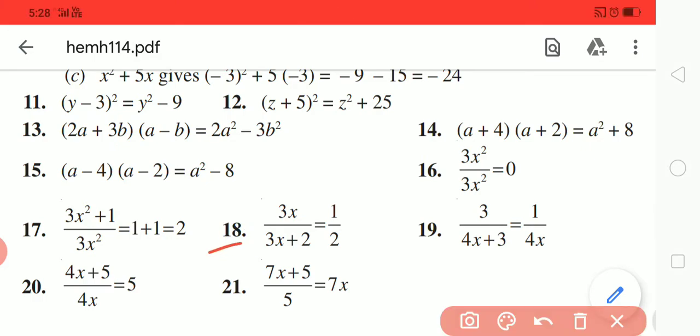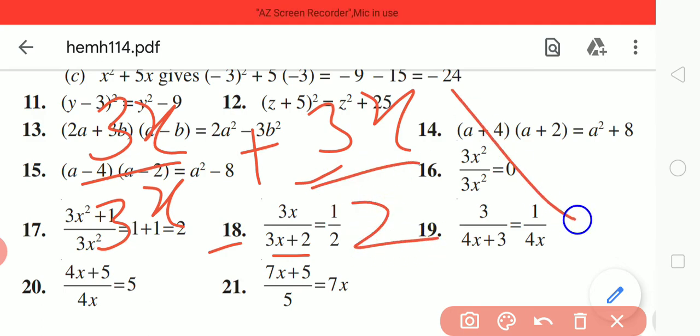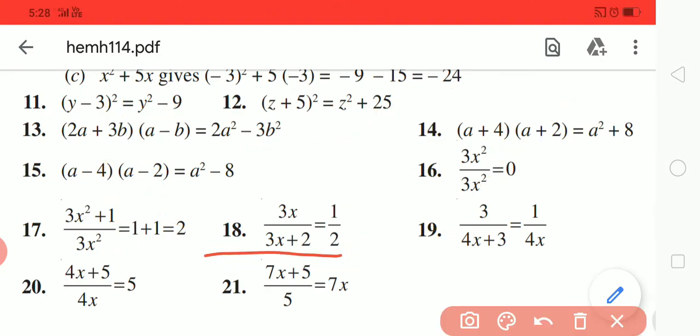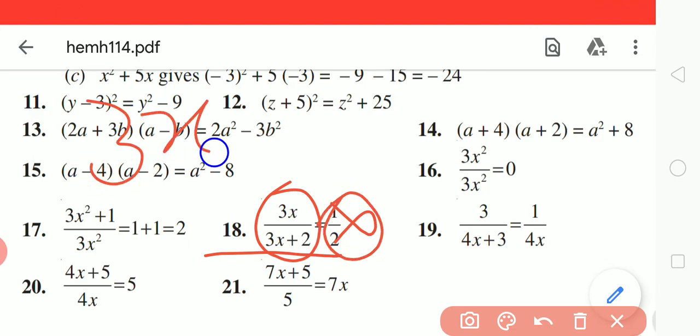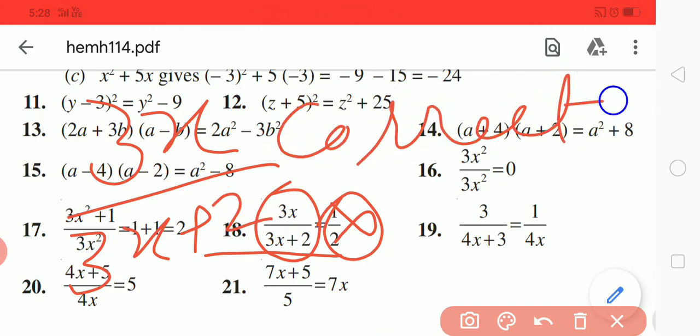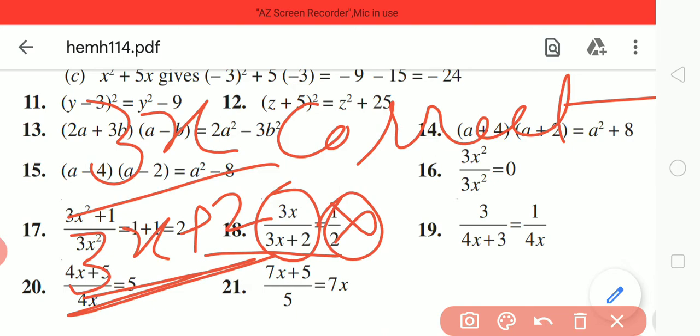So come to the 18th question. Here you have been given a monomial in the numerator and a binomial in the denominator. So we cannot do the separation like 3x by 3x and plus 3x by 2. This is completely wrong. This cannot happen, right? So the only solution is the term itself that we have been given. We can write it as it is, no solution will be there. So 1 by 2 is not possible, so 1 by 2 is the incorrect form, and the correct form is the same, 3x by 3x plus 2 only. This is the correct form, right? This is the correct form, 3x by 3x plus 2, same.